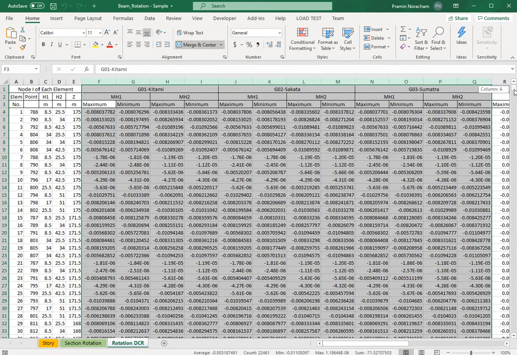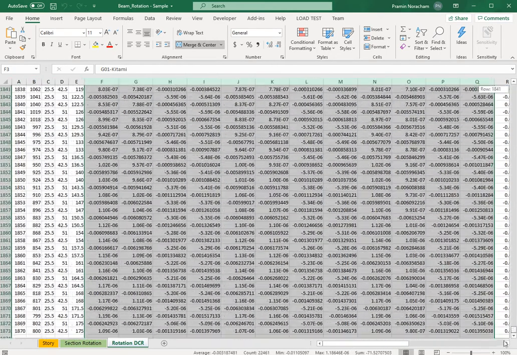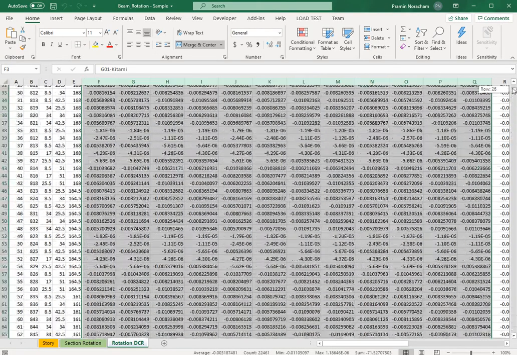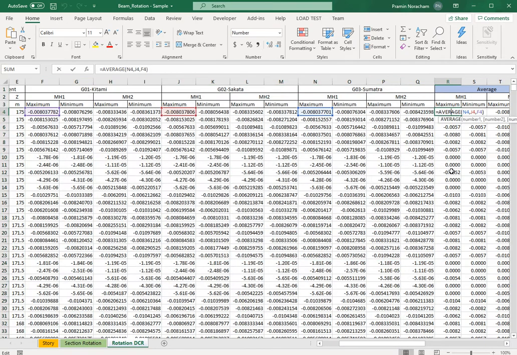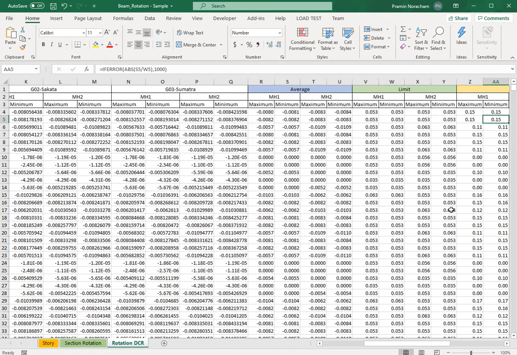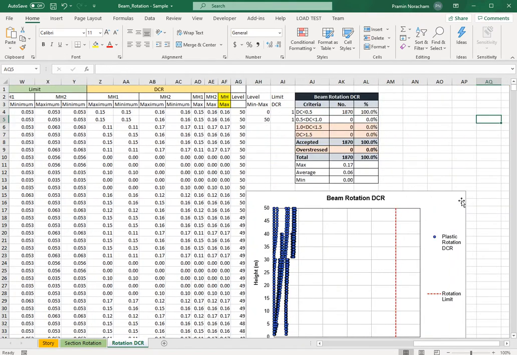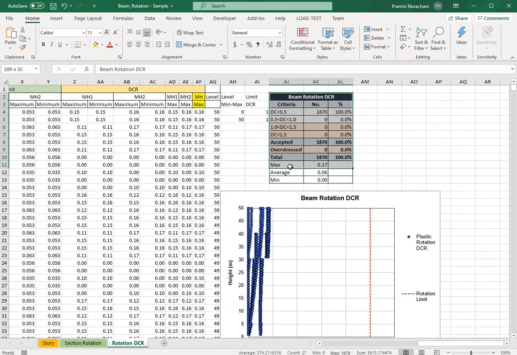As you can see, they have a lot of beam locations and moment hinges. The average is shown here with the formulation to trace back how PX calculates for you, and the summary of the beam rotation DC ratio here.